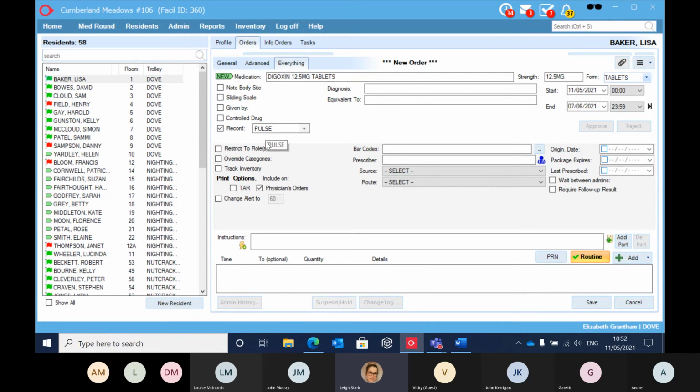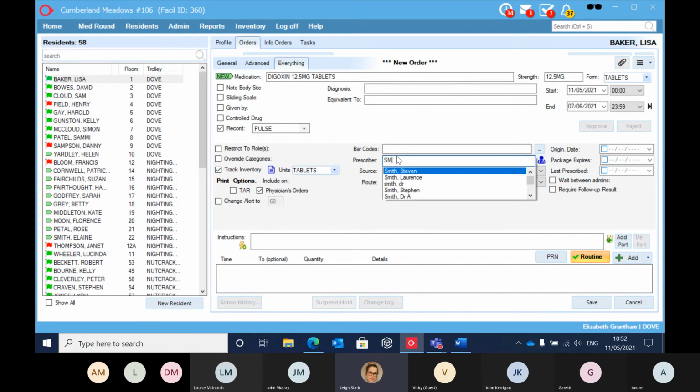It'll be clearer the day after tomorrow when we go through the med round, exactly how that looks, but it's going to ask you for the pulse when we're administering this medication. Fill in all the other details. So we're going to track it. We need our doctor,